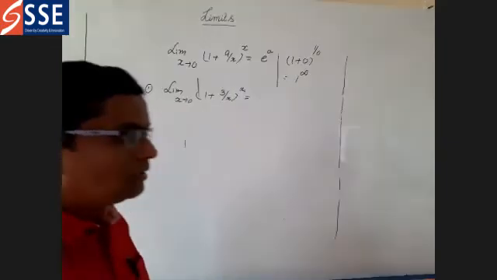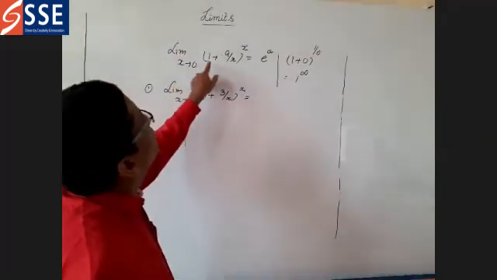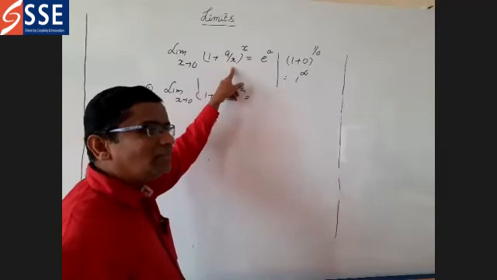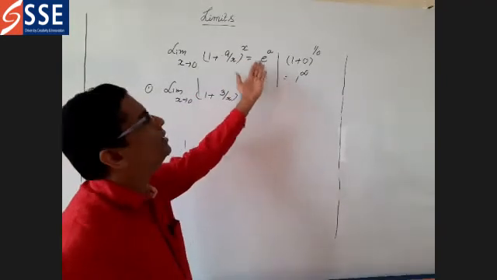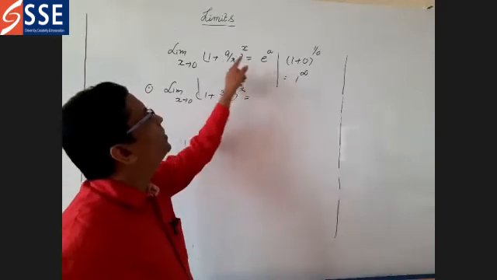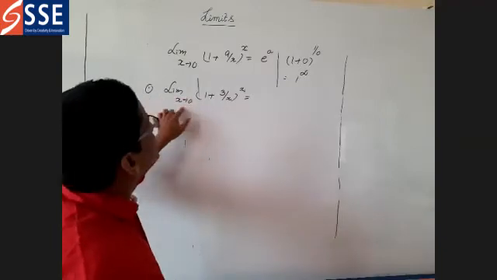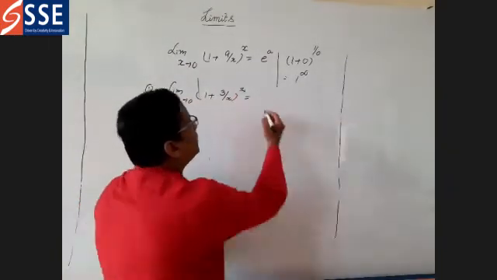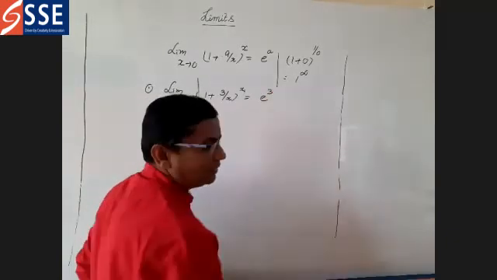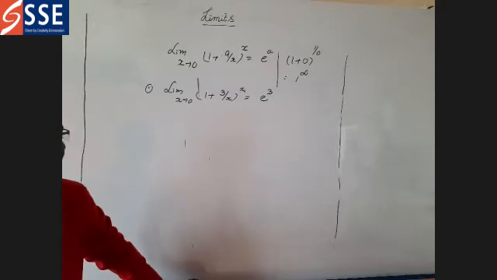Kalpana, right. Good. So limit x tends to 0, (1 + a/x). After solving, you can get the answer as e power, the remaining terms will become 1, so you are going to get e power a. So the answer for limit x tends to 0, (1 + 3/x) whole power x is e power 3. Good. This is one another concept.